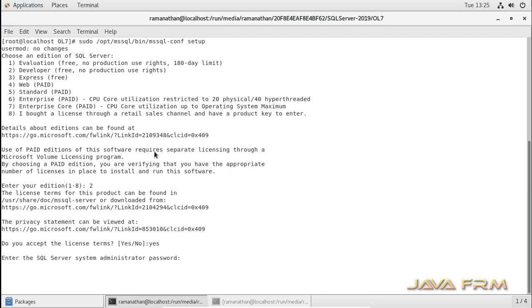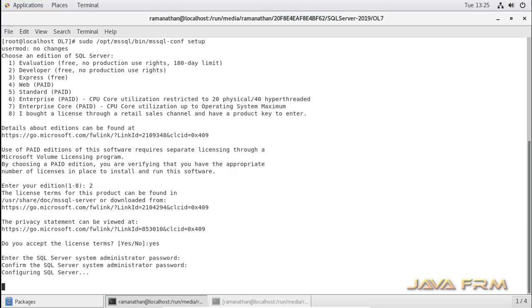Accept the license agreement. Next, provide the SQL Server 2019 administrator password. The password should be alphanumeric, with at least one capital letter and one special character. Then re-enter the password you provided.